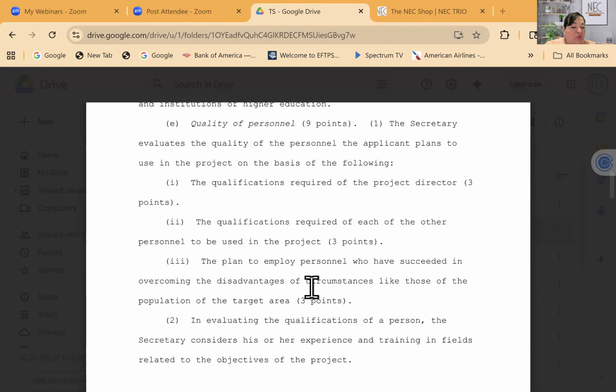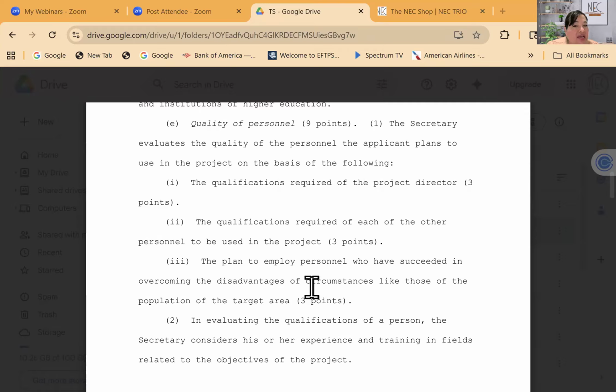I used to get points off when I didn't say that they would be bilingual in El Paso or in certain areas. I'm not going to bring that up unless I hear otherwise. I'm going to stress focusing on their experience of their work, their personal and professional experiences, as someone who's overcome the obstacles faced by going to college or obtaining financial aid to go to college, as faced by talent search or EOC eligible residents in the target area. That's what I would do, and probably do a couple of drafts.